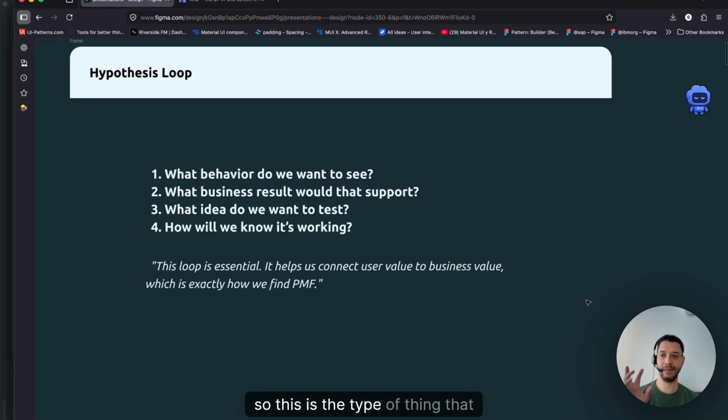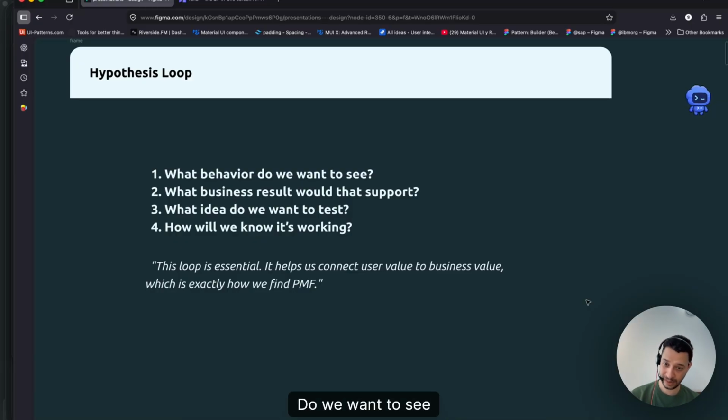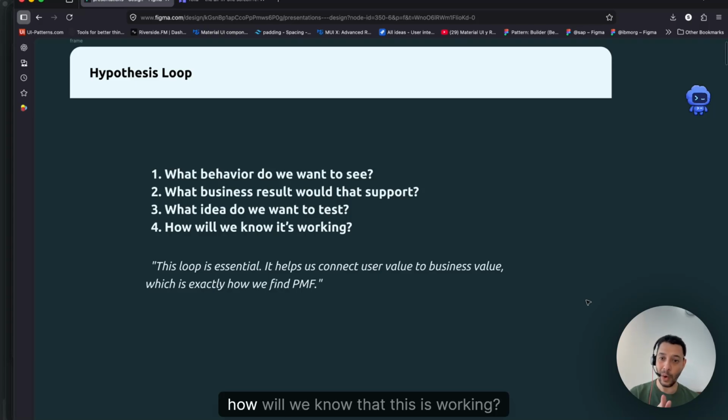So this is the type of thing that, if we are creating this in a specific project, we can see what specific questions we might want to ask. What is the behavior that we want to see? What business result would it impact or support? What idea do we want to test? How will we know that it is working? That's part of measurement. So the loop is essential.